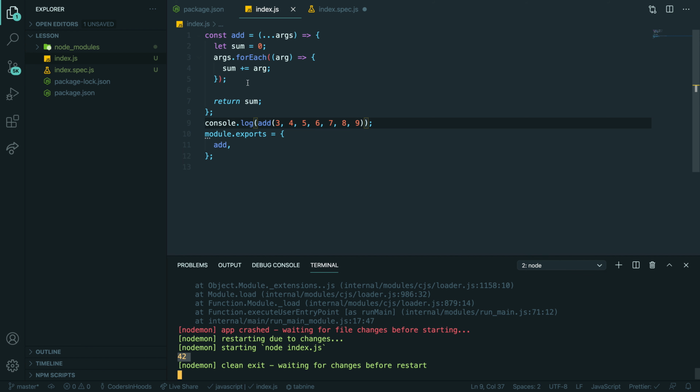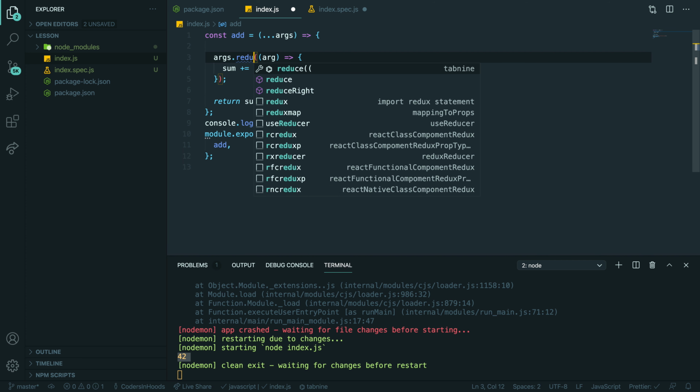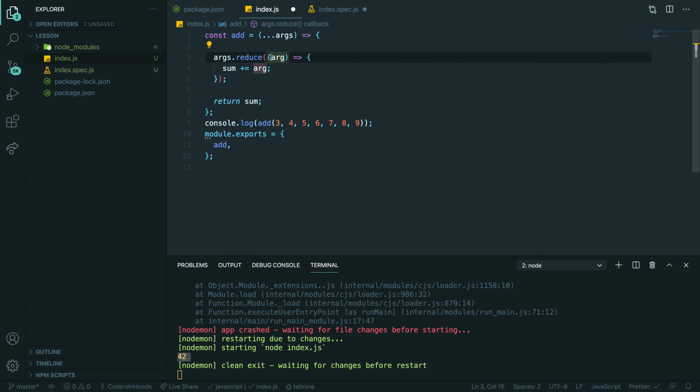Before we move further and start writing tests, you can use reduce. I know that people try to avoid this, but you can have reduce. So we can remove our variable because reduce was created for that reason. The reduce method goes through your array and sums every single item inside.